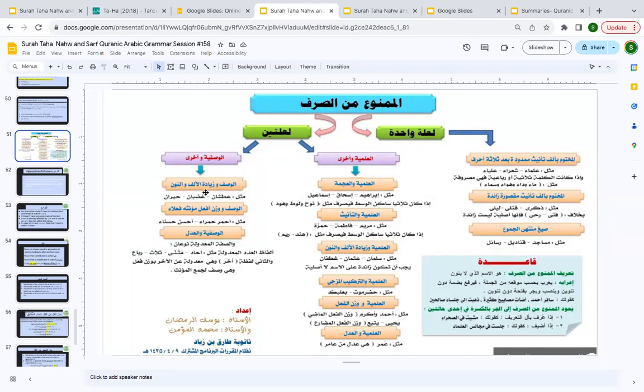And two reasons. Number one reason, it was sifa mushabba. Number two reason was alif noon. It was mazid bil alif noon. And then we also learned that not every word that is mazid bil alif noon is going to be partly flexible. Anyone remembers any word with additional alif noon that is not partly flexible?